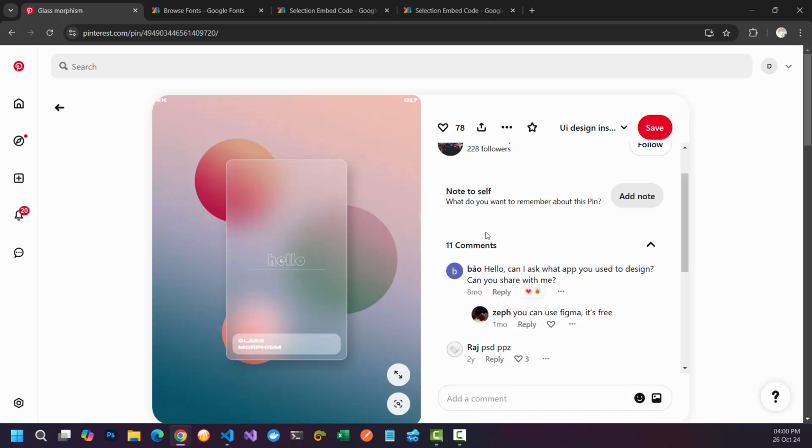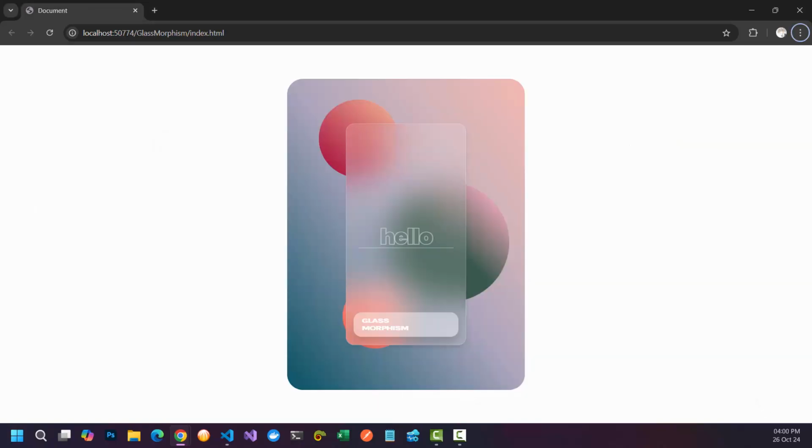Hi everyone, in this video, let's convert this UI design into HTML and CSS. So this is what we are going to build. If you look at it, we will be starting with a container with a border radius, and it'll